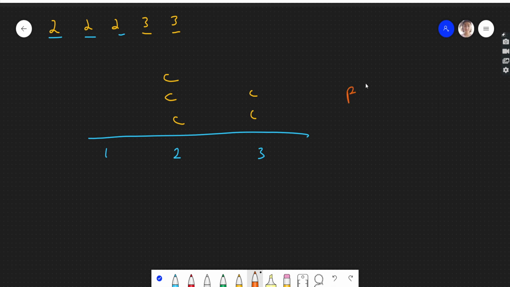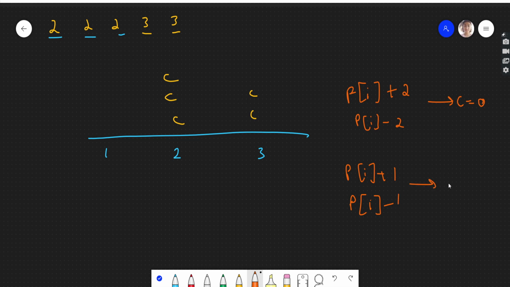If p of i is the current position, let's say 2 or 3, if we move 2 steps ahead, or if we subtract 2, it will give us cost 0. And if we move one step ahead or one step back, it will give us cost 1.